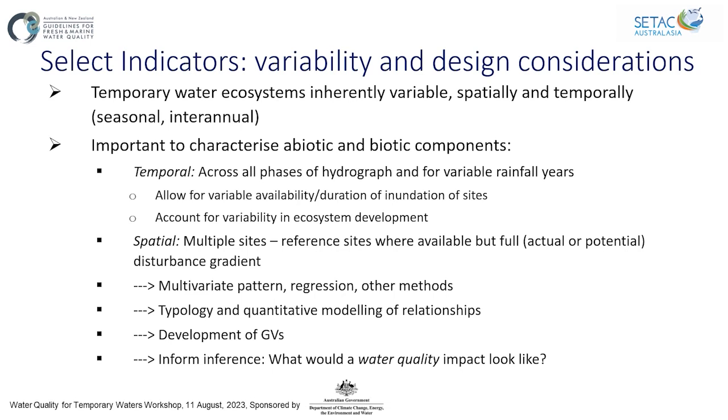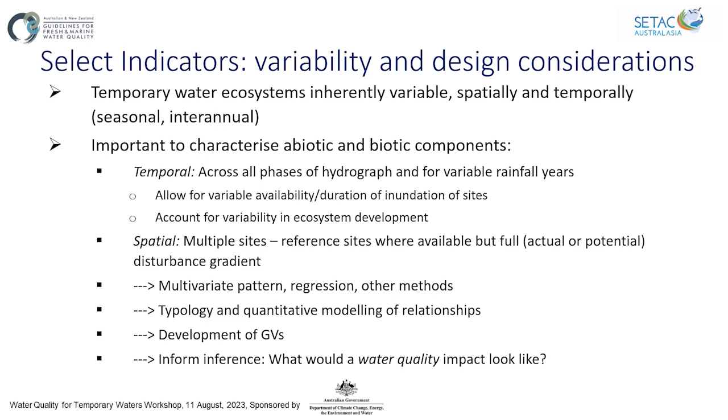Okay, so this is where I was going with mentioning some of the more statistical aspects of things. So from my perspective, the guidelines perspective, good characterization of stresses and ecosystem receptors over all phases of the hydrograph, and different rainfall years, I think is important in study design. The more that we can throw into models, I think the better explanatory power you can get out of it. So